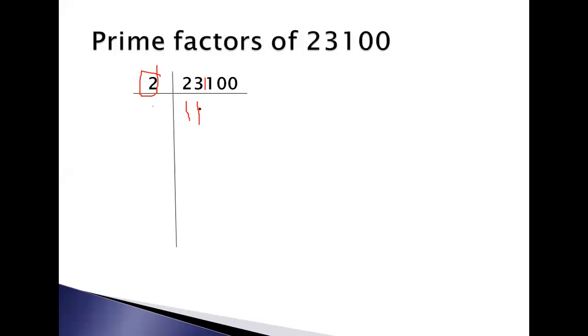Then 2 into 5 here is 10. Then again 1 is left here. Then 1 moves on to the next number and it will become 10. Again 2 into 5 is 10. Now here 0 is left. So what will you do? 2 into 0 is 0. So these are the questions.